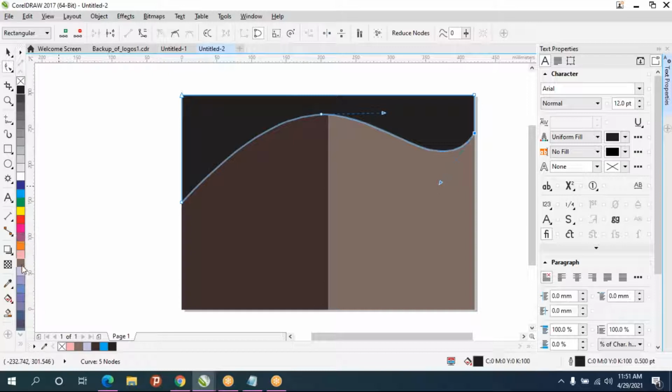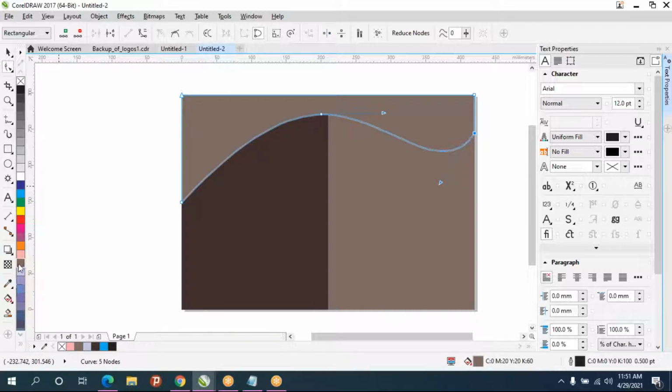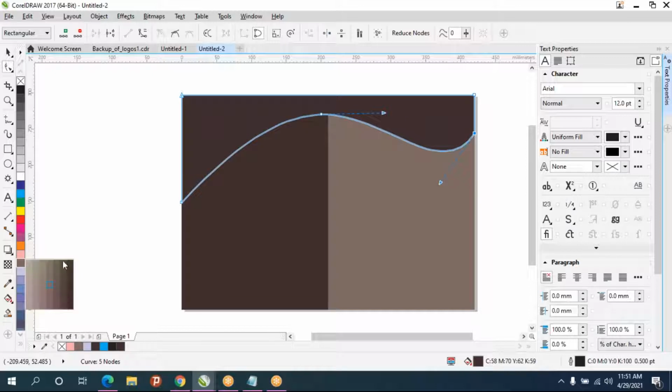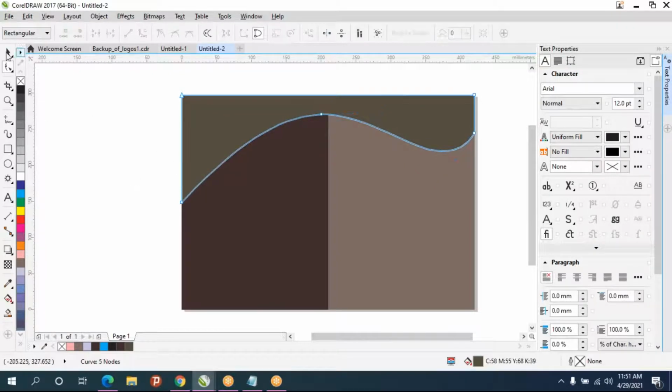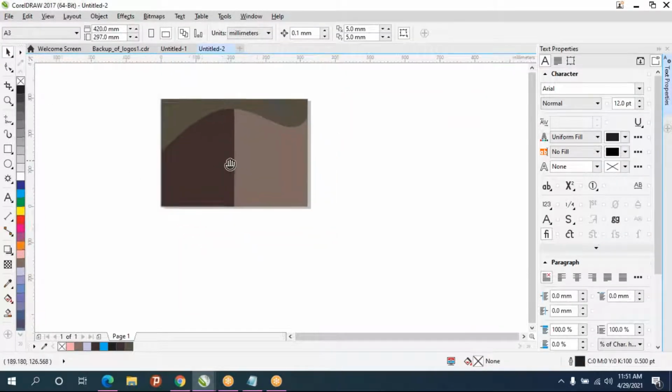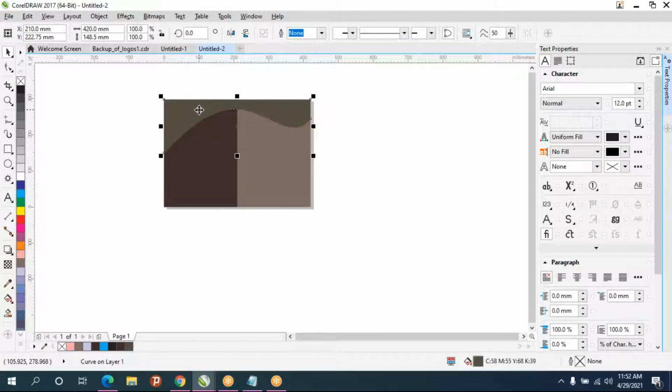So any color you give which you like. And this only you can press Ctrl D. After selecting that, just press Ctrl D and move it.